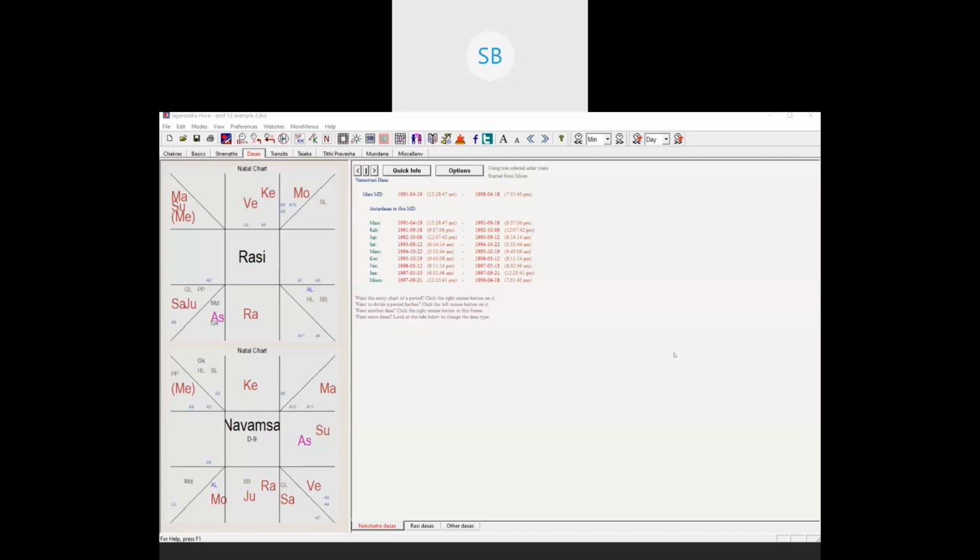Rather, there are sporadic dasas that are really great, and some of the dasas are not that great. So whenever somebody comes to an astrology consultation, or even as we talked about initially in the introduction, this is the science where you should know what the favorable times in your life are,